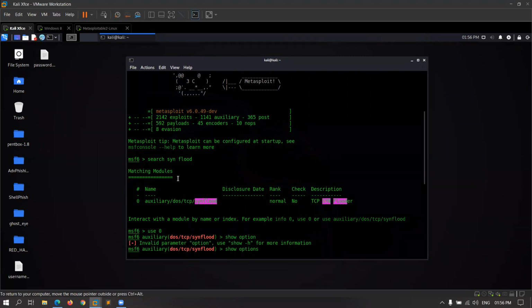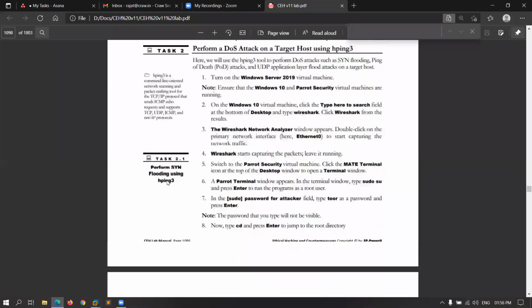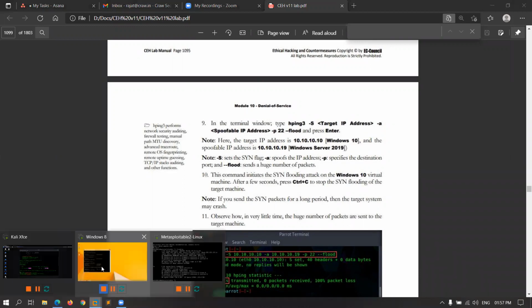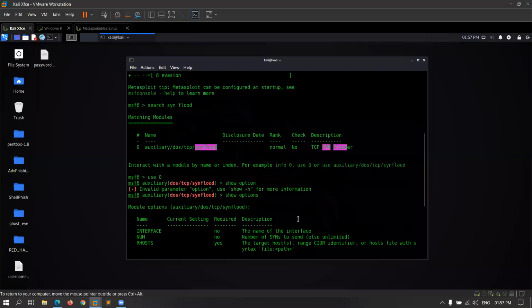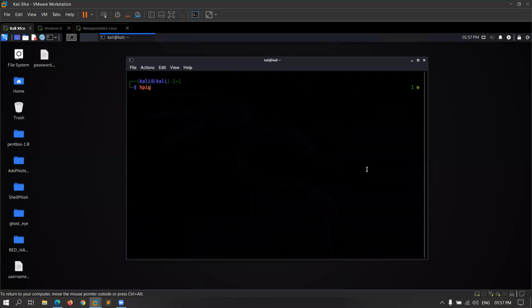And there is another tool which is called hping. So hping is also a powerful tool, and you can use the hping tool, hping3 -S, which means target IP address, and -a spoofable address, and you can perform the hping attack also on a particular port. So suppose, let me show you, you can put hping3 -S capital S and target IP address.